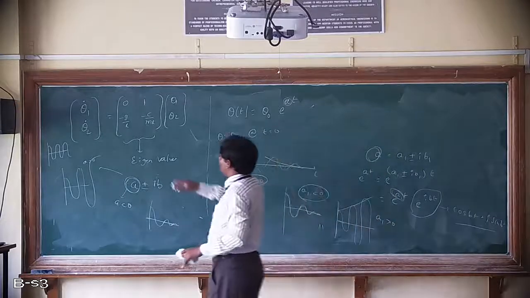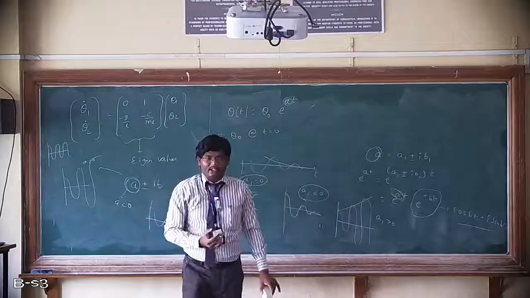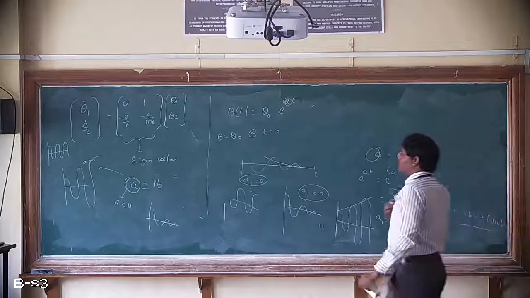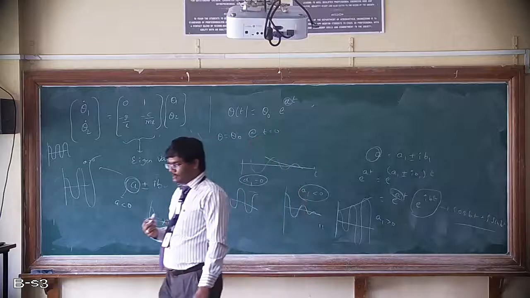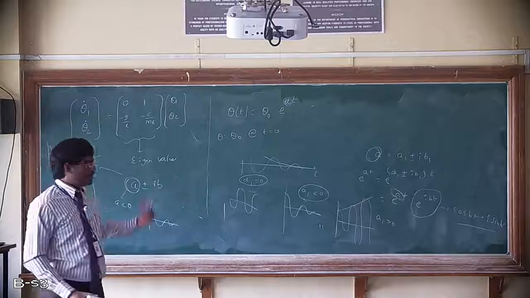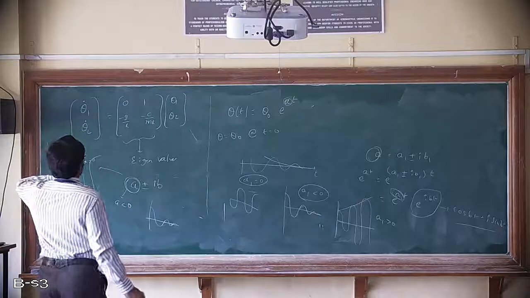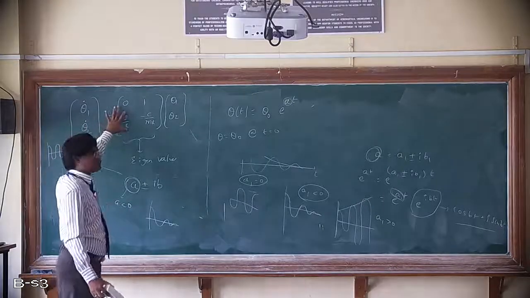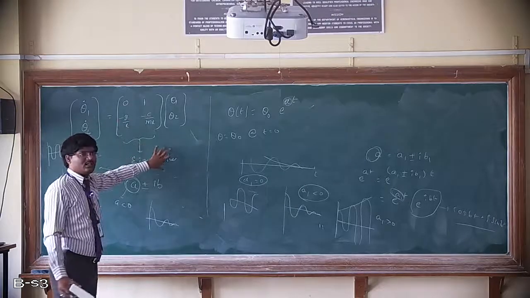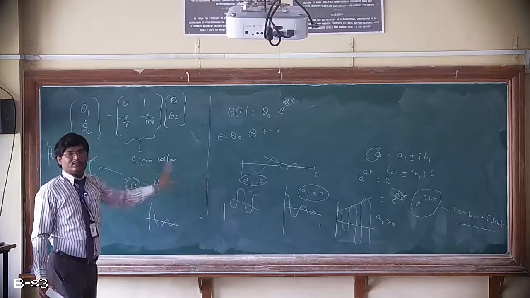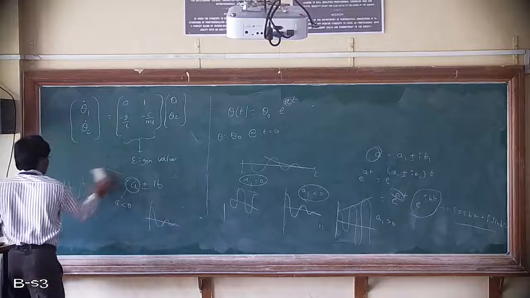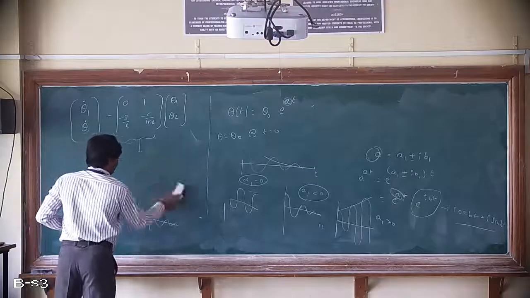So if you want to analyze the stability of any system, you have to write the equations of motion for the system. After writing the equations of motion, you have to bring them into state space representation. In that state space representation, you observe the system matrix and find the eigenvalues. Based on the eigenvalues, you can comment on the stability of the system. So, is it clear, everyone? Yes, eigenvalues, very, very important, right?